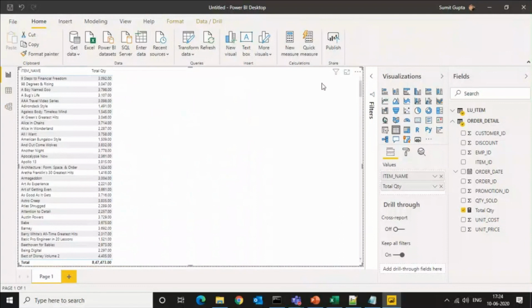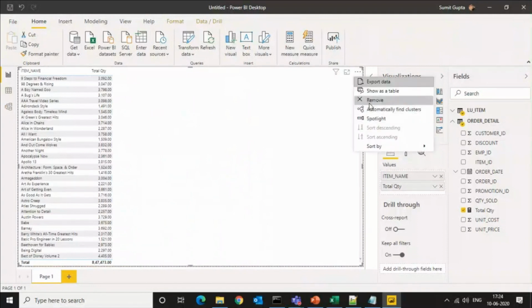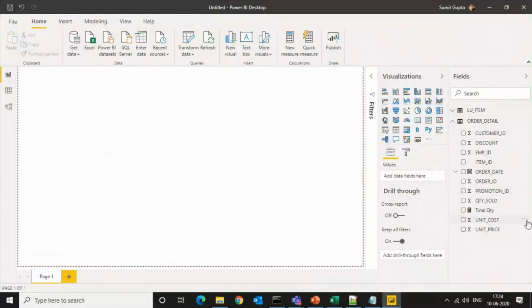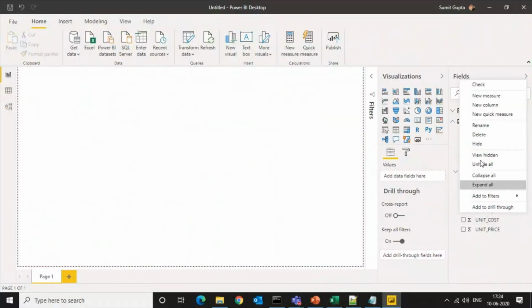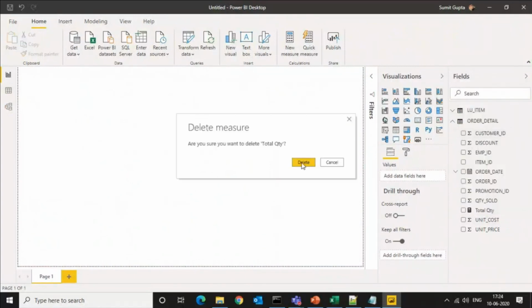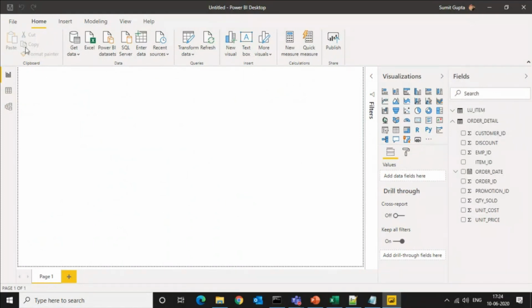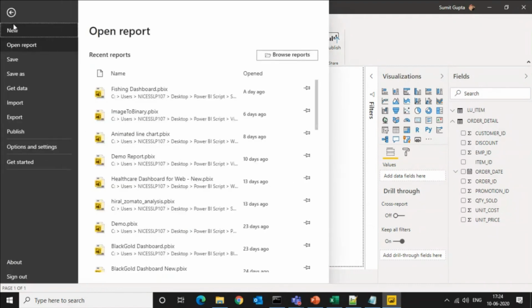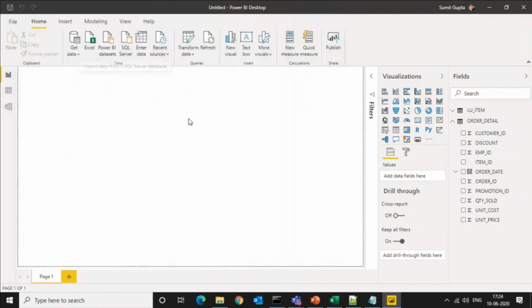Let me just close this. Let me remove, that's scenario number one. Let me just remove this measure also because I don't want to use it any furthermore. Okay, delete this. And I'm going to get into scenario number two now, where I'm going to create an abstraction layer. But before all that, first of all, I'll go into File, Options and Settings. And I'm going to go into Options and make sure that I click on Clear